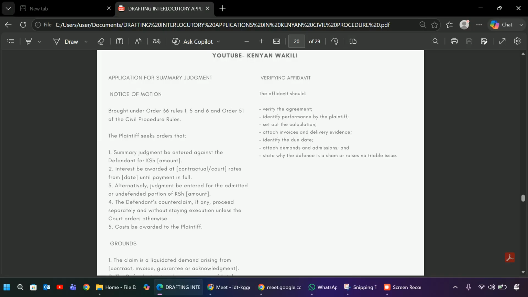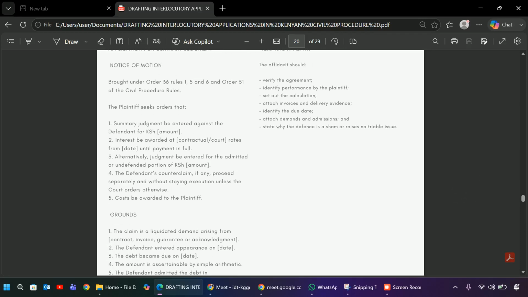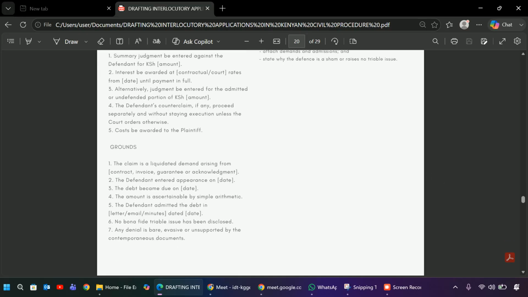Okay, so you'll bring this kind of an application using notice of motion, and you are bringing it under Order 36, Rule 1, 5, and 6, and Order 51 of the Civil Procedure Rules. And the plaintiff will be seeking orders that a summary judgment be entered against the defendant for this amount, interest be awarded at this amount until payment in full, alternatively judgment be entered for the admitted or undefended portion, this amount, the defendant's counterclaim, if any, proceeds separately and without staying execution unless the court orders otherwise, and costs be awarded to the plaintiff. So the grounds that you'll be stating to the examiner is